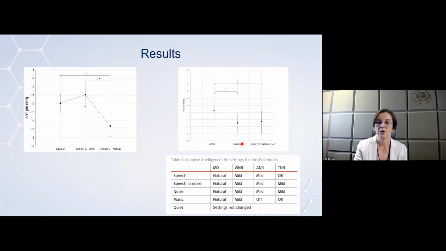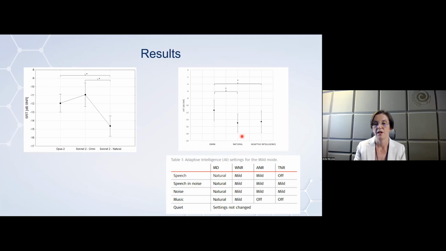And when we look at the settings for the adaptive intelligence, we use the mild setting. So when we look at speech in noise, the natural microphone option is switched on, and wind noise reduction and ambient and transient noise reductions are set to mild mode. And probably we can't see the difference in the adaptive intelligence compared to natural only mode, because our test is